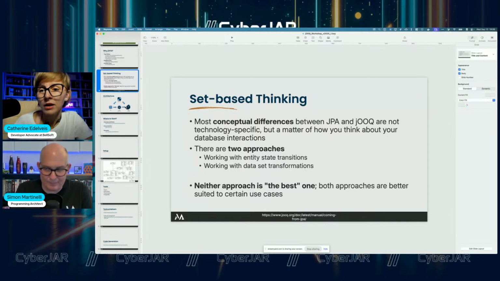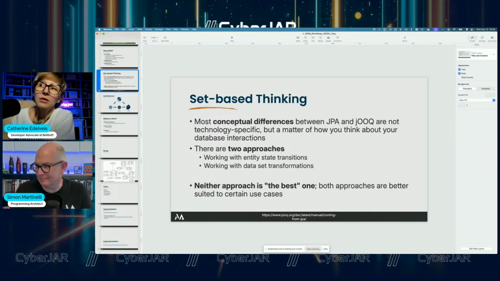So follow this link, try out jOOQ, study the samples, see whether you might want to use jOOQ for your next project, or want to migrate to... oops, Simon disappeared. All right, I hope he will come back for the final goodbyes. But anyway, I encourage you to try out jOOQ.